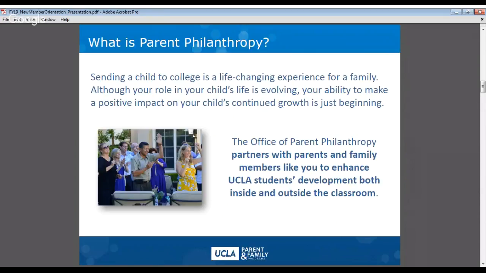The California State support provides 7% of the university's budget, and 8% of the budget comes from tuition and fees. This means that 85% of UCLA's operating budget comes from additional sources, including private support. You can play a major role in supporting our extraordinary university. Parent Philanthropy also connects families by hosting and supporting events regionally that help bring the UCLA campus to all members of the Bruin community.